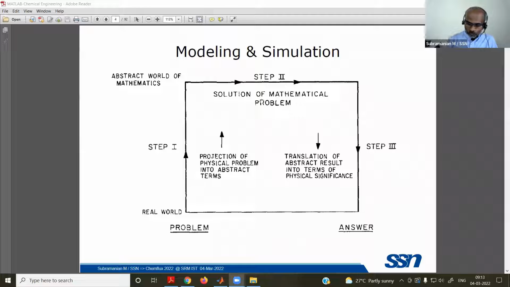Let's say you are given a problem. If the problem is well defined, this software can easily take up this problem and get you the solution. The only thing is we need to know how to give the input and how to understand the output. We are not going to write very rigorous programs that are expected from a computer science professional. Otherwise, we are just going to use the available tools. The tools are comfortably available. We should know how to give the input and how to get the output.